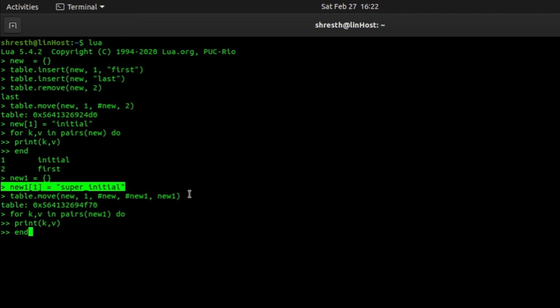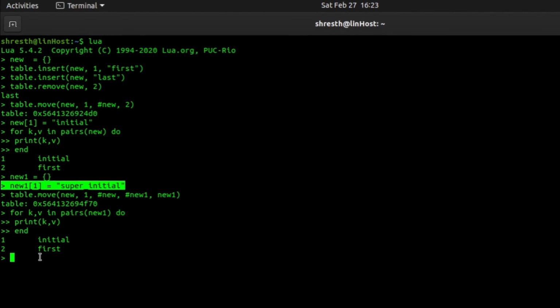So the elements from the new table are appended to the elements of the new one table. The first element will be super initial, then the second element will be initial, and the third element will be first.